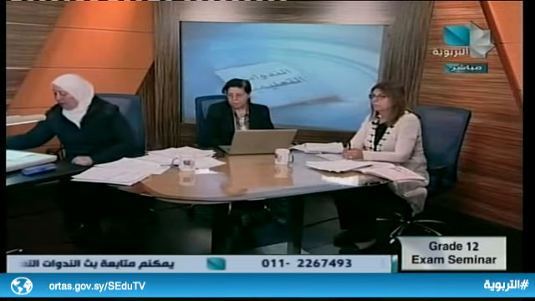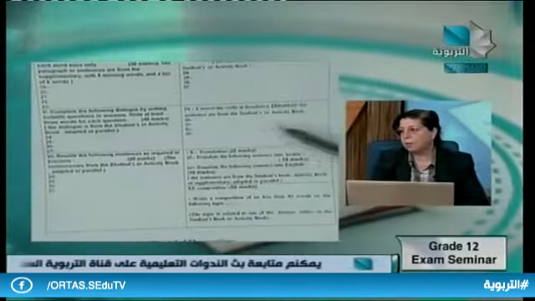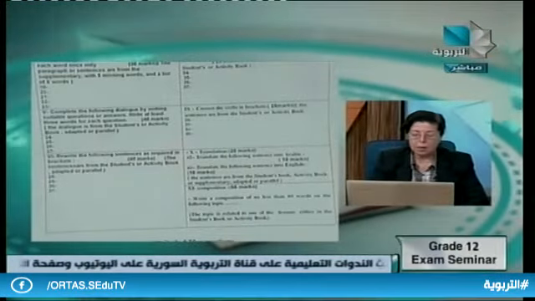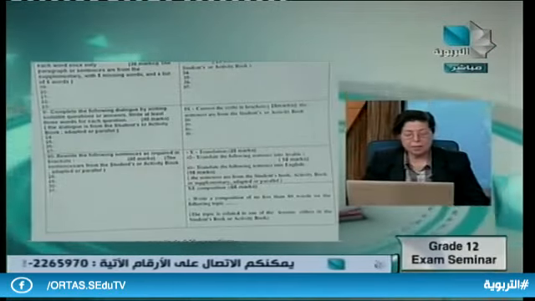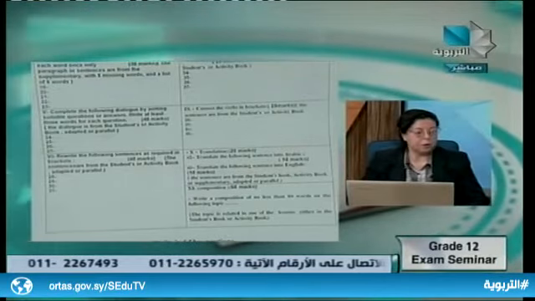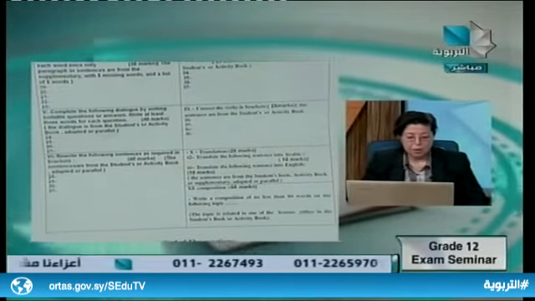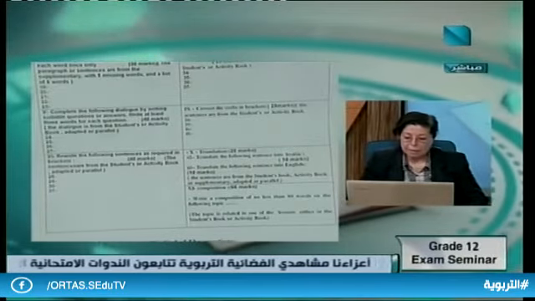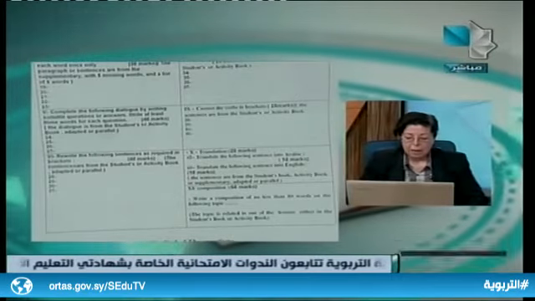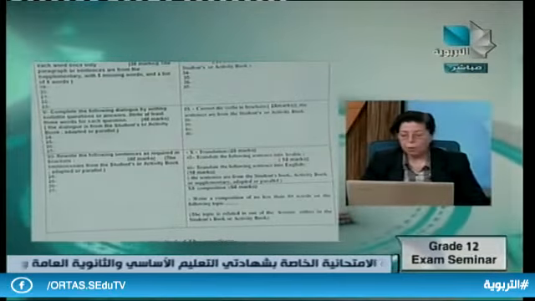Here we have a set of sentences related, of course, to their books. The rubric is: correct the verbs in brackets. They are given four sentences. The student has to read the sentence carefully and guess which tense he is going to use to complete or to correct. For example, the polar ice must be melting because the world is getting warmer.